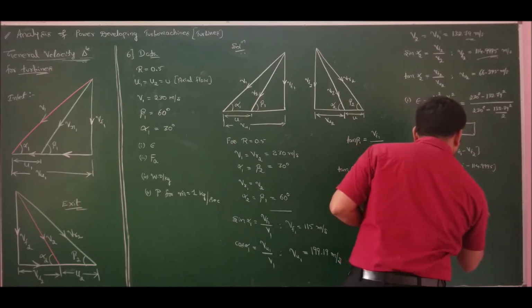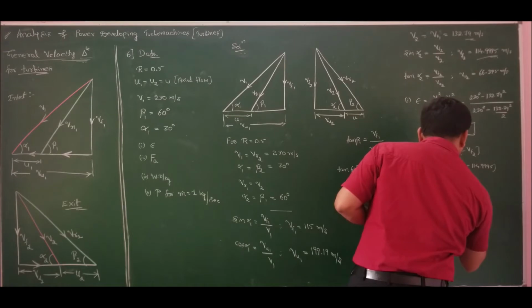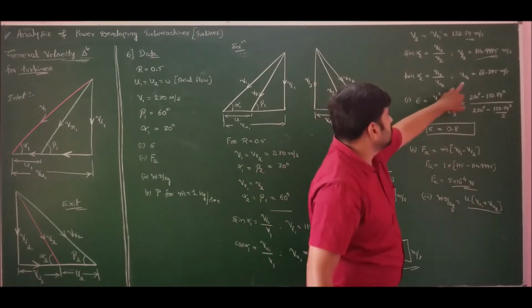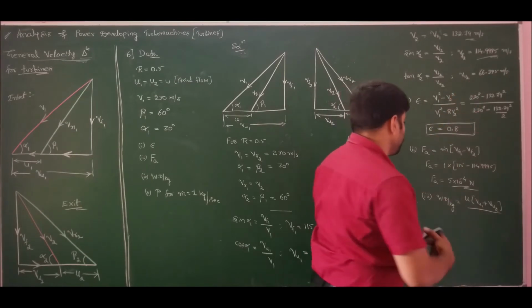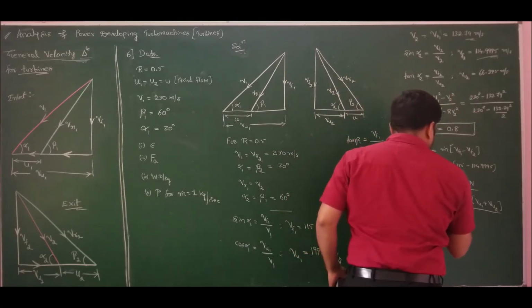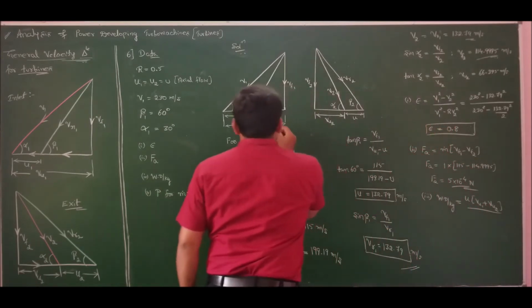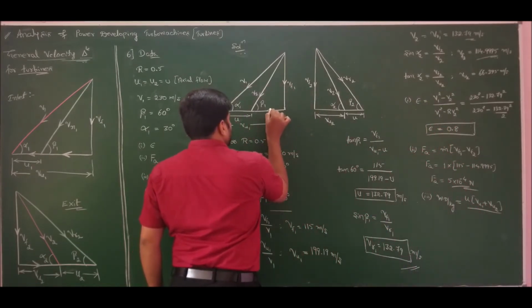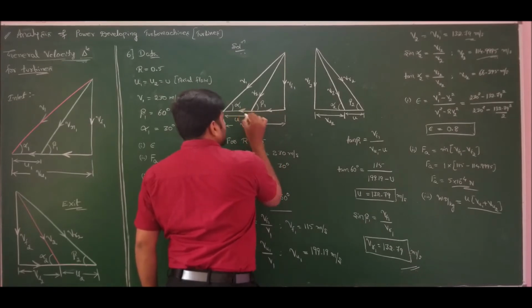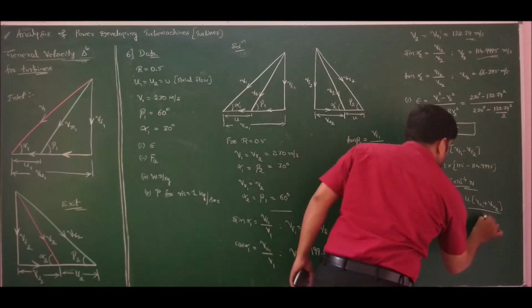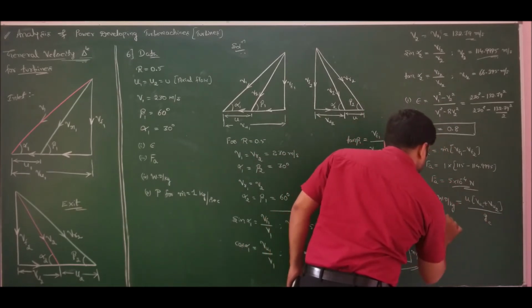Work done per kg is, for axial flow, U is common. Taking out U, we have Vu1 plus Vu2 for turbines, and also it is 2 because Vu2 is positive. Since Vu2 is positive, the velocity triangle I have taken is correct. If you observe, Vu1 and Vu2 are moving in opposite directions. Hence it is a summation.